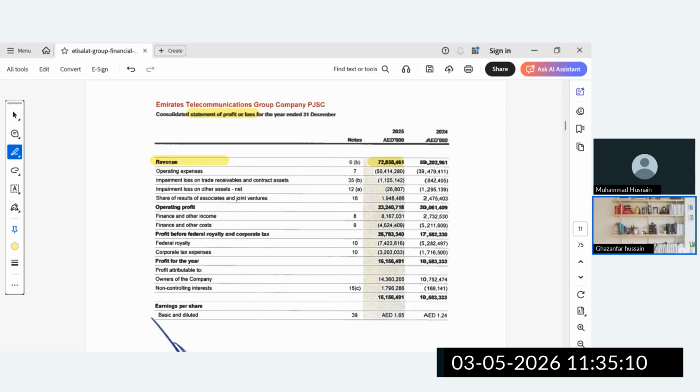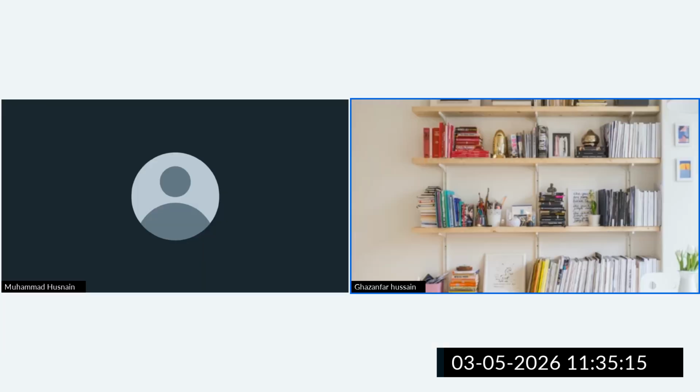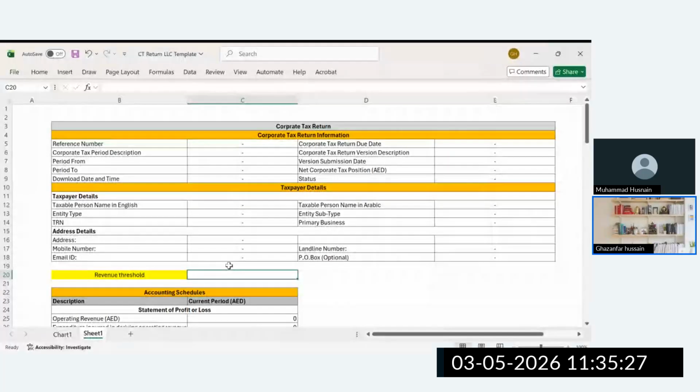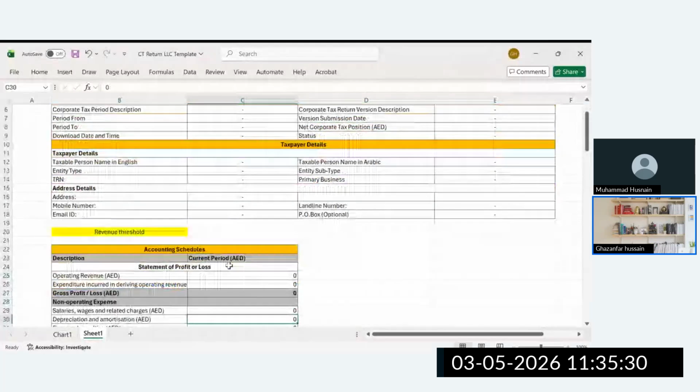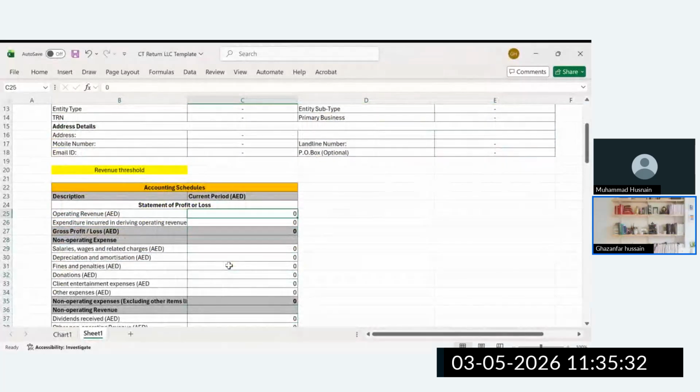Okay, so now we're going to see what is the next item in the tax return. This figure we already have. Now what is the next return? Operating revenue. If we focus over here, the word operating revenue is used, where earlier the word revenue was used. When they say operating revenue, it means core income generating activity.